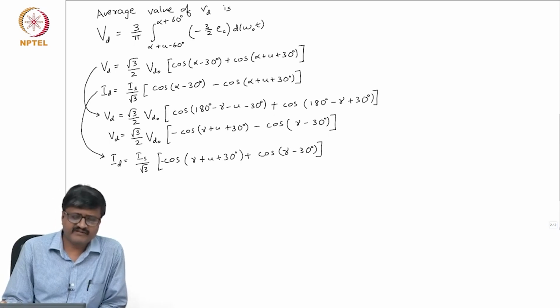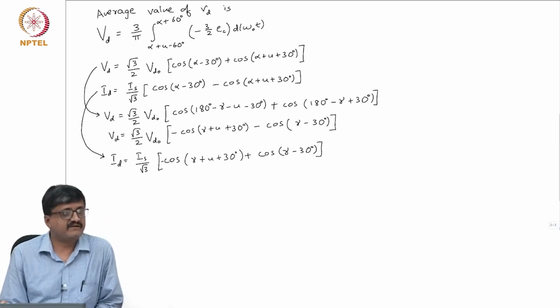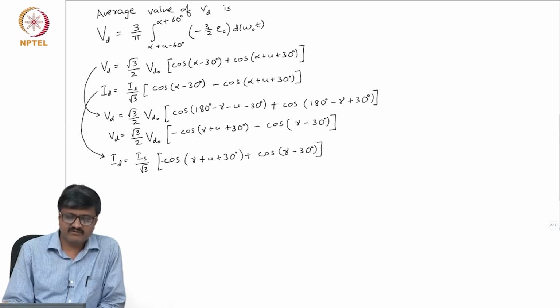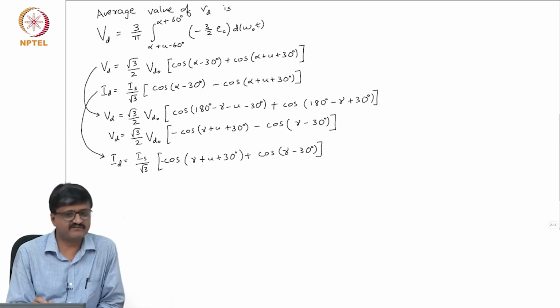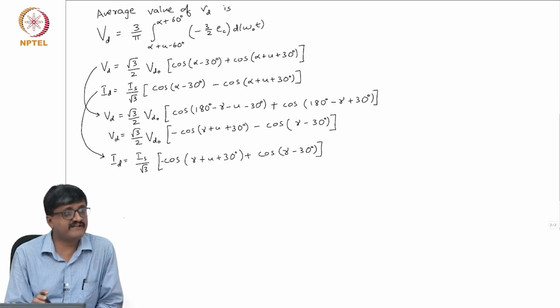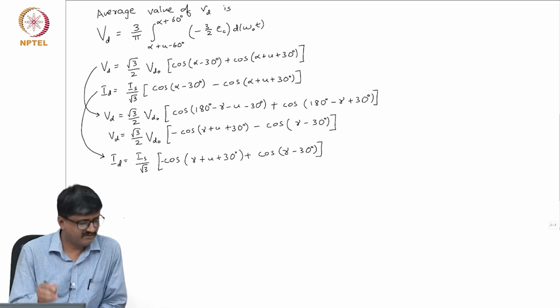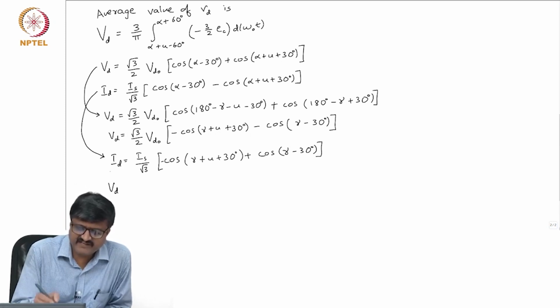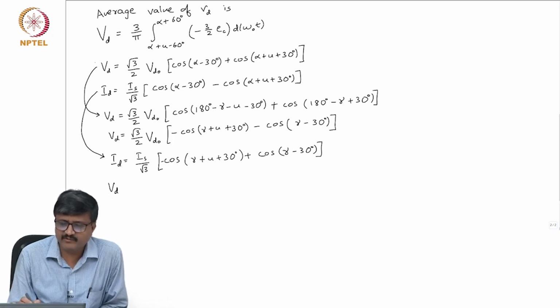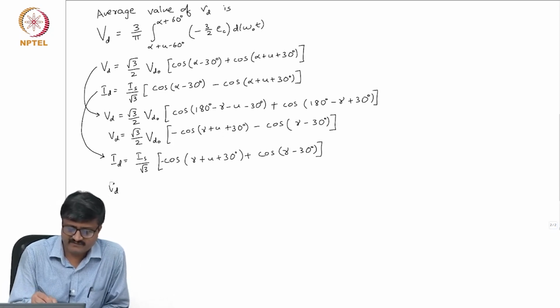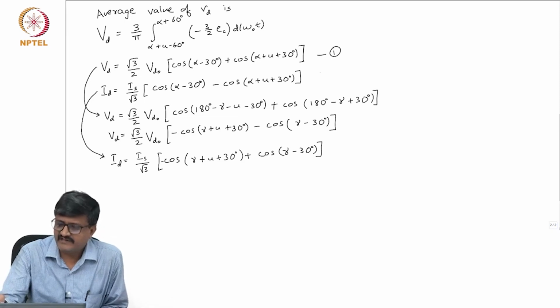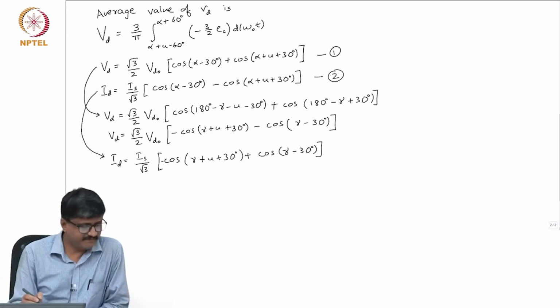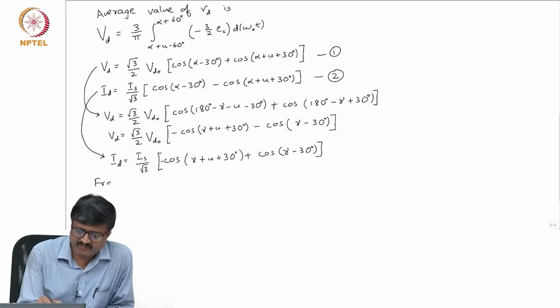Now, if you recall, we related this VD and ID through RC. We defined a commutation resistance RC. So, we can actually try to relate VD and ID in this case also. See, what we are doing is the case of 3 and 4 valve conduction mode, it is an abnormal operation. So, suppose I take this as equation 1, this as equation 2. Okay. So, I use this 1 and 2